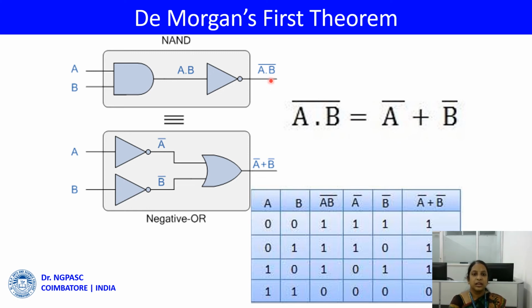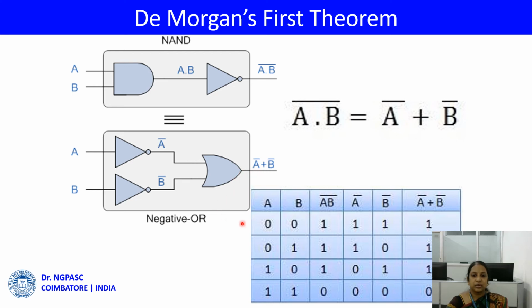So this is the first term, which is the output of a NAND gate, and this should be equal to this logic circuit. Here you have A complement plus B complement, that is the sum of the complements. So first you will complement the inputs. A is complemented, B is complemented, so you will get A complement and B complement, and further you will OR the complements and give it as A complement plus B complement.